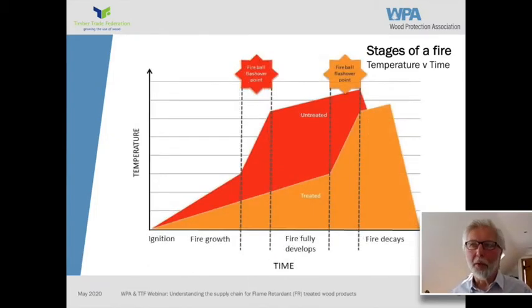If you have flame retardant treated substrates in the wall, floor, ceiling, whatever it may be, then you can see from this graph the effect that has. It basically depresses the rate of development. So it would slow down the ignition, it would slow down the spread of flame, it would reduce the heat release, and so on. And what that does is to really push back the point at which flashover is reached, and that provides time. It provides time for people to escape from a building,